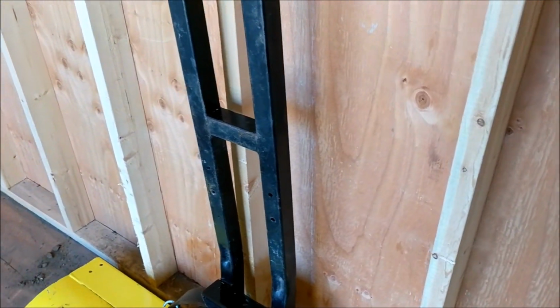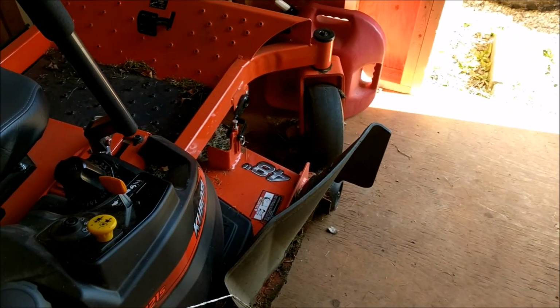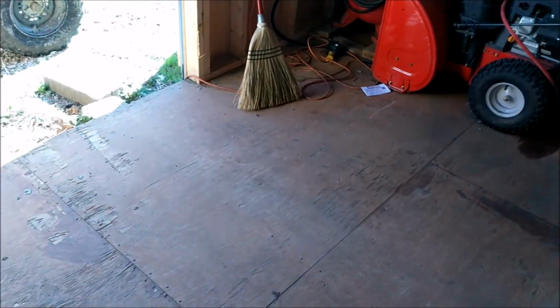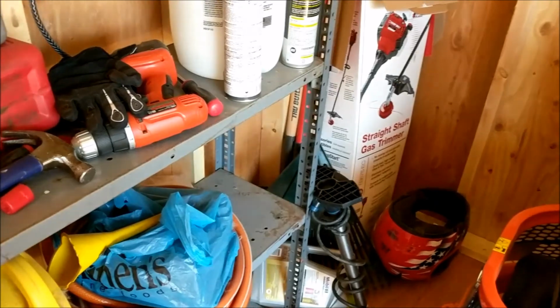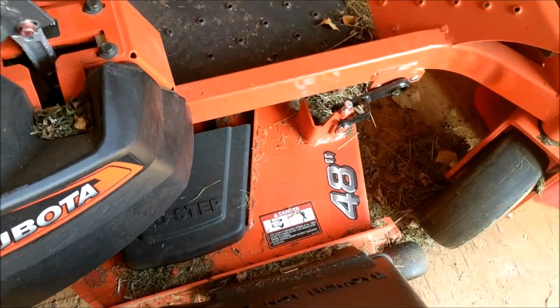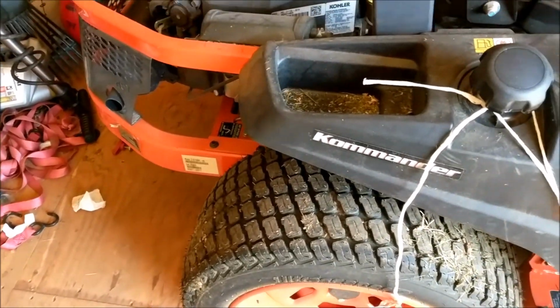So, there's that. Let's sweep some more and get more of this dust, and then eventually we'll have to have the changing of the guard, so to speak. We'll move this guy over here so that it will be able to come in and out with some ease for mowing purposes. But as you see, the 48-inch Kubota, what is it? Kubota Commander